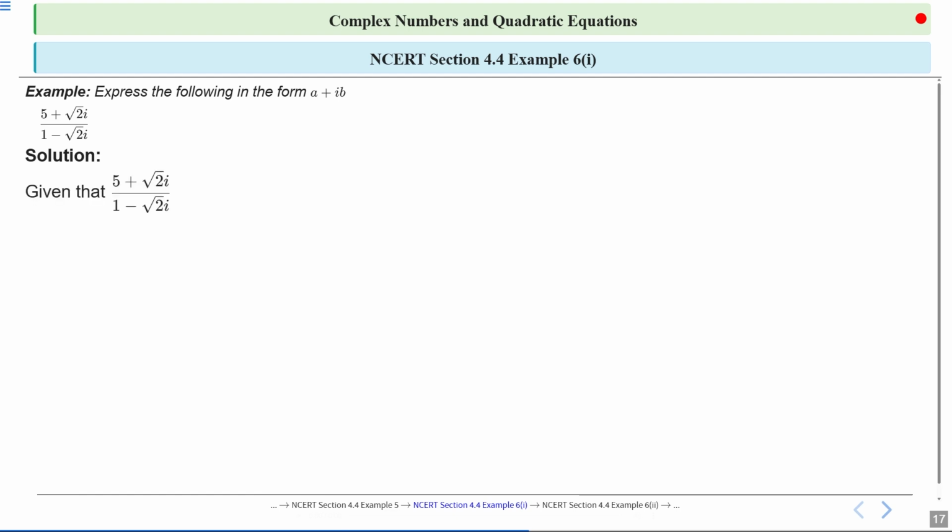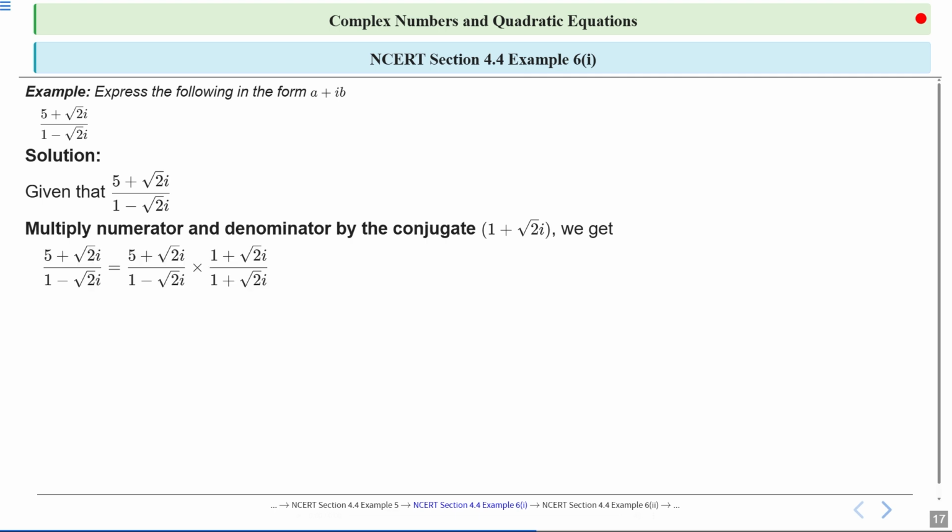Given that 5 plus square root of 2 times iota divided by 1 minus square root of 2 times iota. Now multiply numerator and denominator by the conjugate 1 plus square root of 2 times iota, and then we get 5 plus square root of 2 times iota divided by 1 minus square root of 2 times iota equals 5 plus square root of 2 times iota divided by 1 minus square root of 2 times iota times 1 plus square root of 2 times iota divided by 1 plus square root of 2 iota, which is equal to